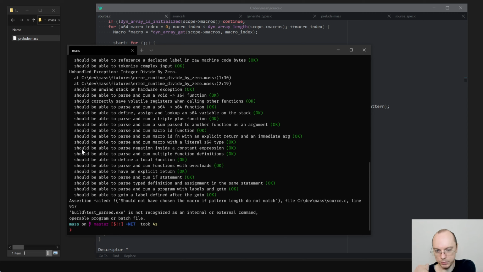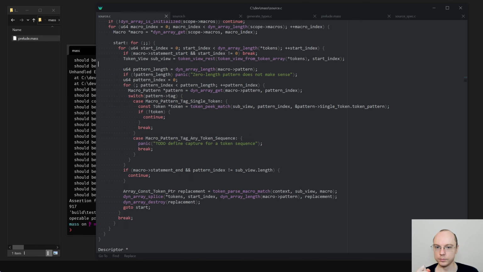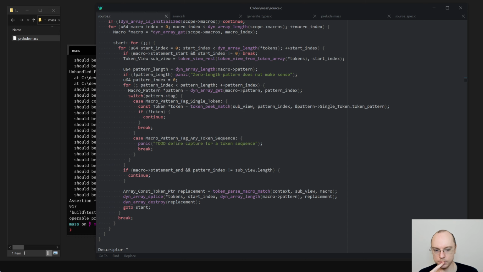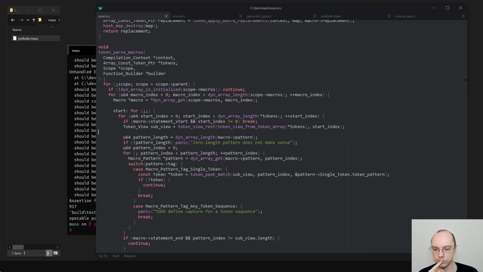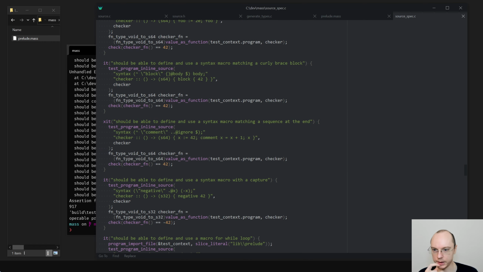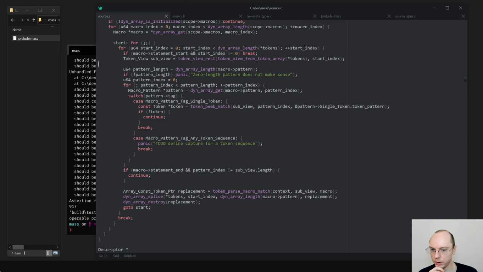Shouldn't have chosen the macro if pattern lengths do not match. That thing again. That is interesting. I mean, I did disable this test, so this is happening before.